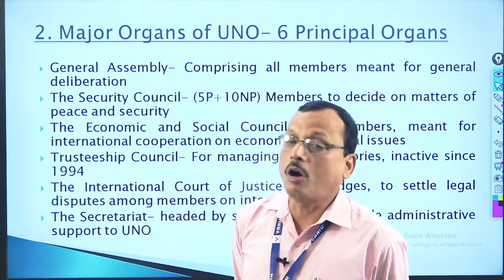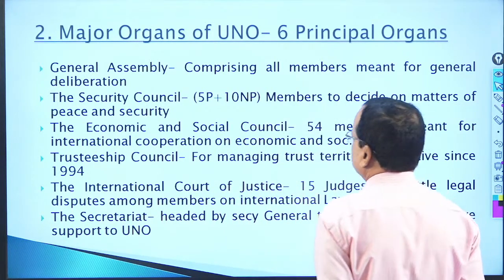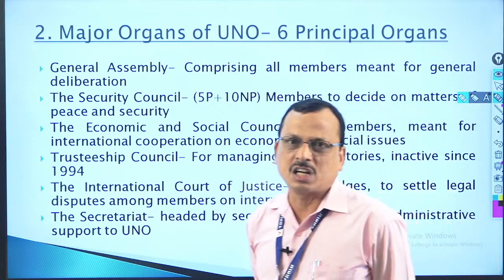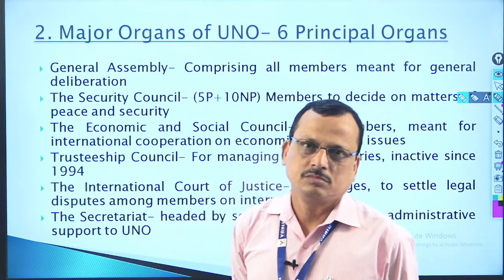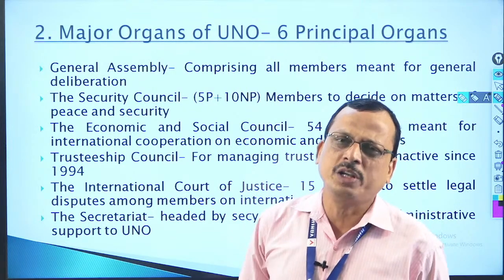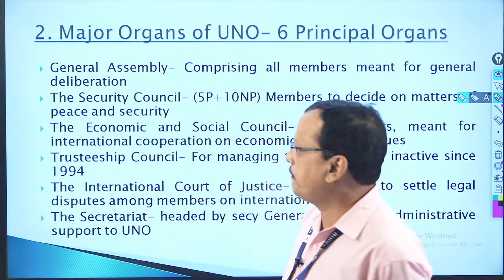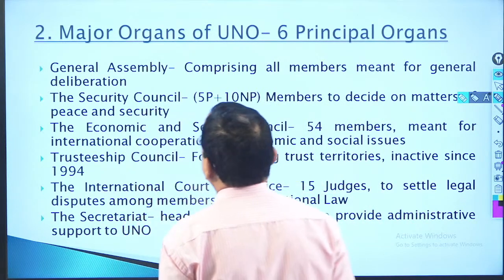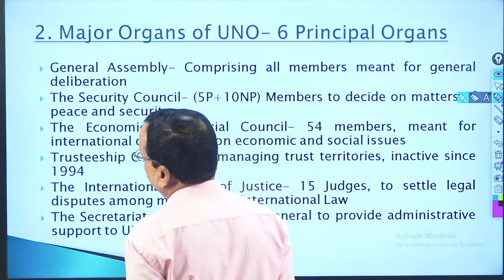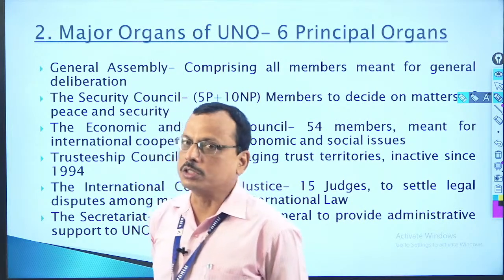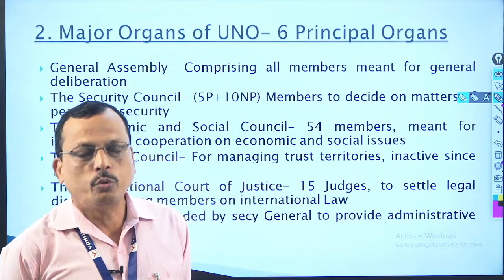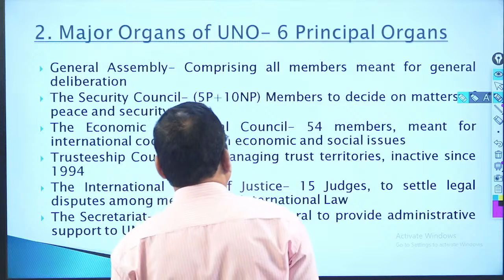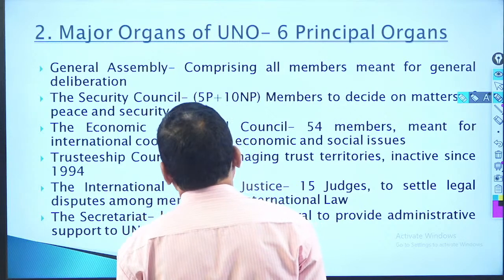institution for normal functioning must have some organs. Like we human beings function through different organs, starting from brain to the feet, heart, lungs, kidney. So many organs are there to make us functional. Similarly, any major institution to be functional, to be active, must have some major organs and some minor organs for its functioning. So, we are right now going to know about the major organs of United Nations, called the 6